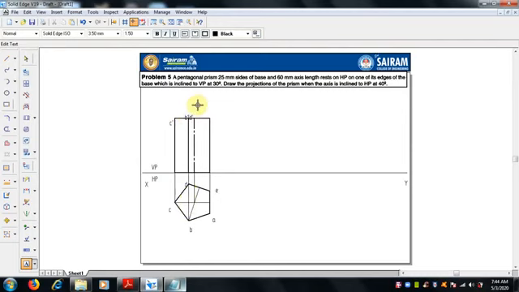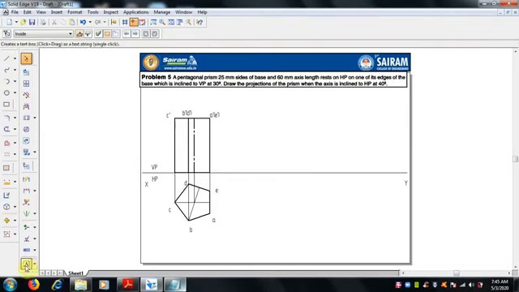The bottom, if you see the bottom, A is connected with 1, B is connected with 2, C is connected with 3, D is connected with 4, and E is connected with 5. So let me start here, with 1. All corners A, B, C, D, E are connected with straight lines, and at the bottom there is another pentagon, so it is invisible.